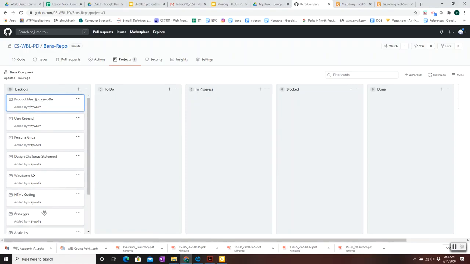So when you take a card, say the prototype card, let's say it's here in to do, and we want to move it into progress. We're ready to start prototyping. Sometimes you can break cards up. So for instance, if we want the prototype card, we're maybe making a prototype of a website. We want to break it into each of the individual pages of the website. You can make a new card for that. So if you move over here under in progress, we can make a new one saying